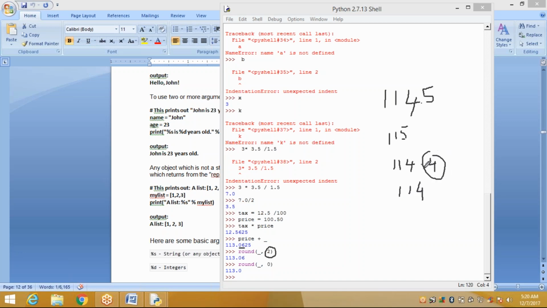So after the point, if you have greater than 5, they will take the upper value. If you have less than 5 after the point, they will take the lower value.